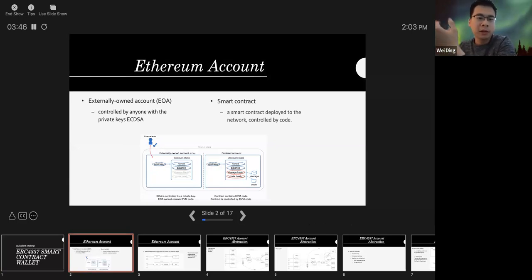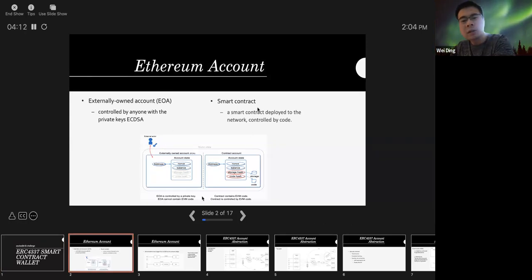The first one is the externally owned account, known as EOA, and it is secured by a private key using an ECDSA signature. Anyone who has this private key can control this address, which means if your private key gets hacked, there is no way to replace the private key.